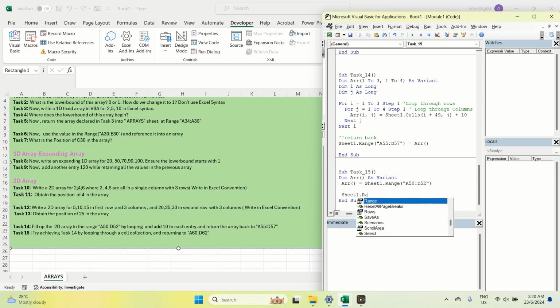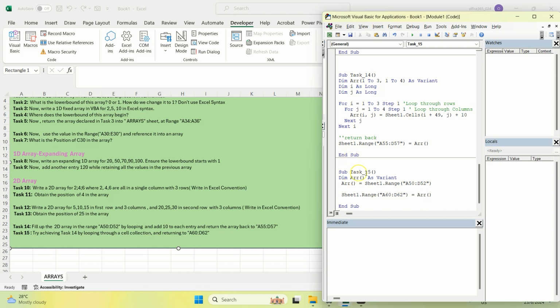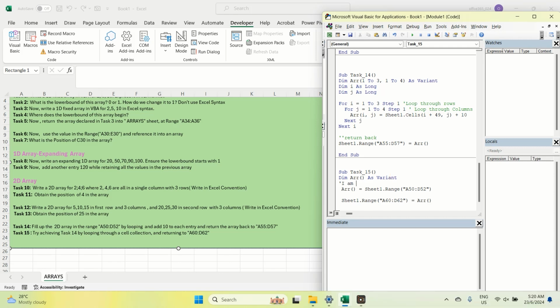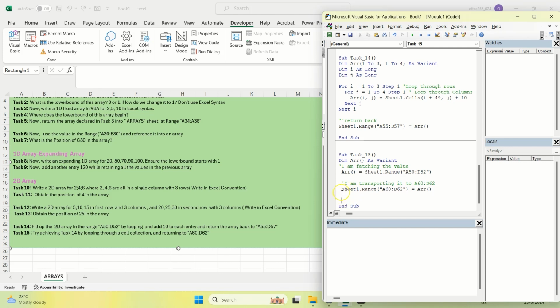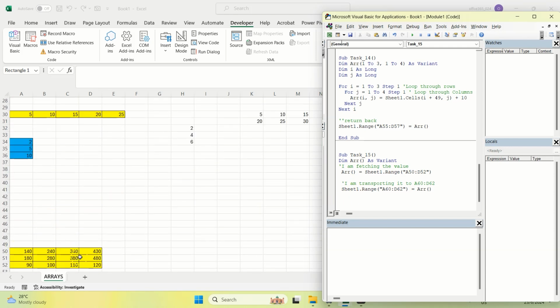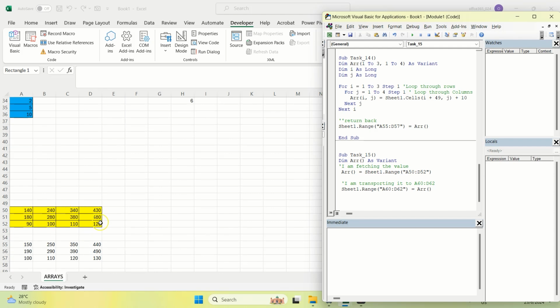what I should be doing is saying Sheet1.Range A60 to D62 is going to be the array. So I'm fetching the value using the variant, and then transporting it to A60 to D62, because that's where I'm supposed to populate the answer. But what we're doing is returning this value,